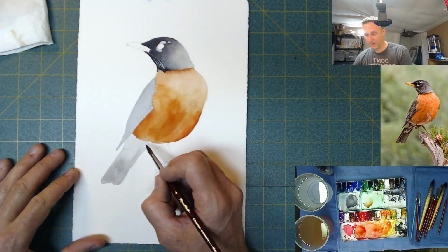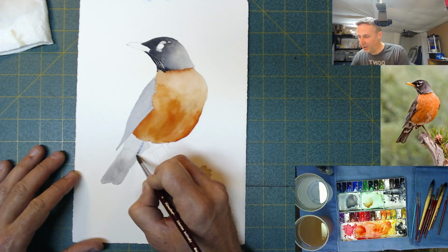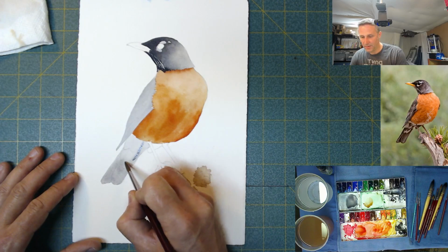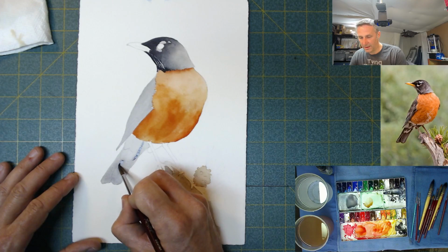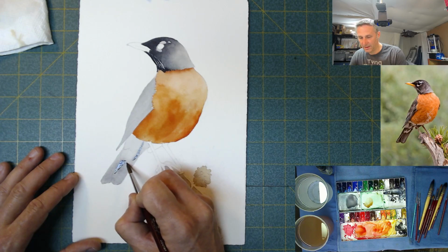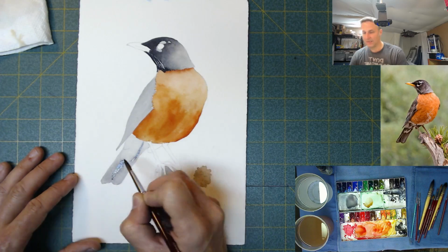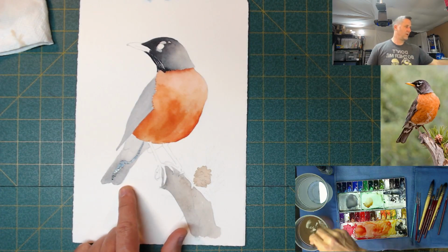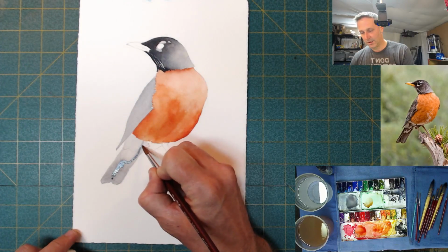But in this instance, I want it pretty neutral, because I'm going to come in and put in a little gray on this tail down here. And I guess this is one of the nice things about making your own gray this way. If you can see down here, and you can't because it's too far away. It's too small. But the